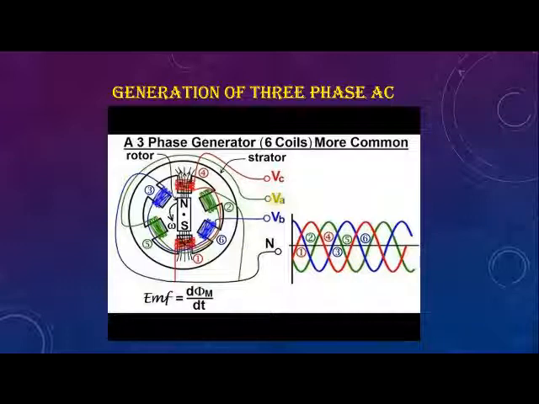So the three voltages in the three phase windings are not the same. Magnitudes are the same, but angle will be shifted by 120 degree. Look at the waveform, the three voltages have the same magnitude, but the angle is shifted by 120 degree, because the coils are shifted by 120 degree. After A coil, 120 degree phase shift is given to B coil. After B coil, 120 degree phase shift is given to C coil. That is what I explained earlier.